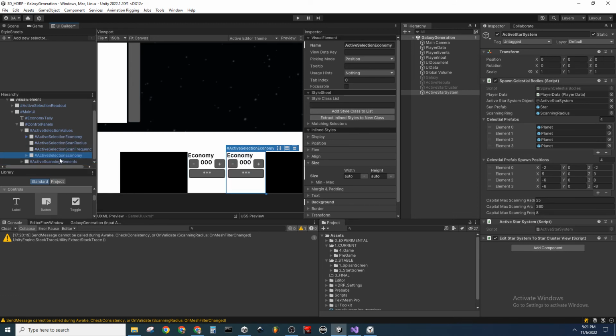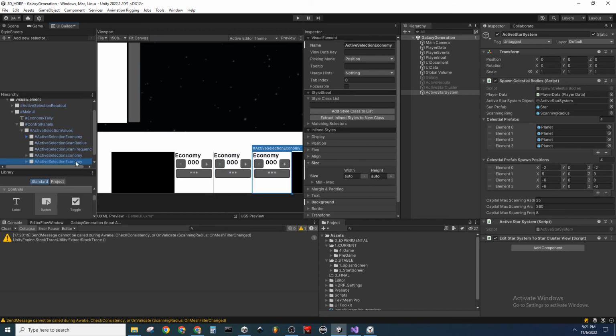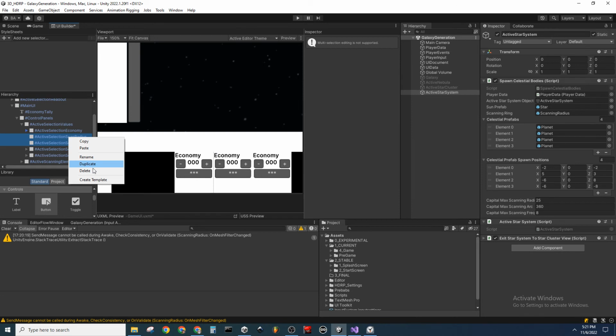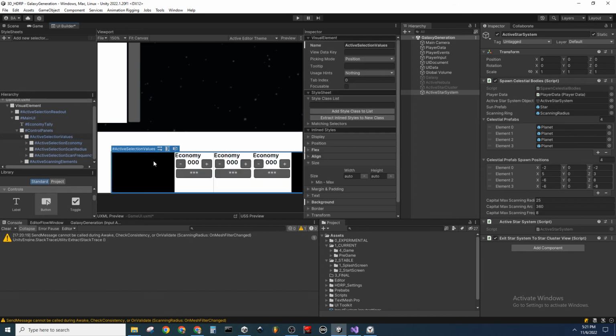Alright, I'm basically going to create 2 more of these. Go like this, and then yank these 2. And I guess what I'm really trying to do is stack them also. I'm trying to get a square going, 2 by 2. So I'm going to have to get another visual element for